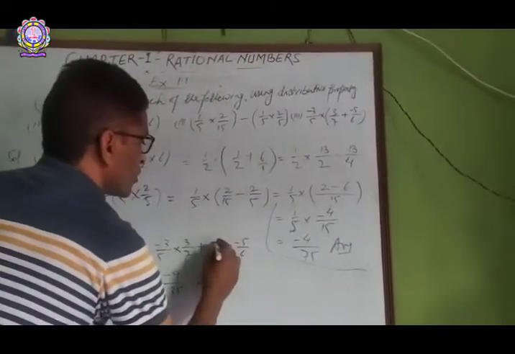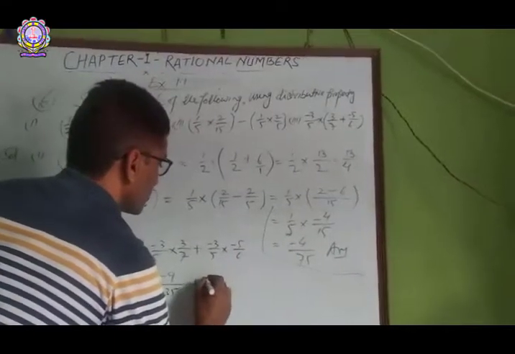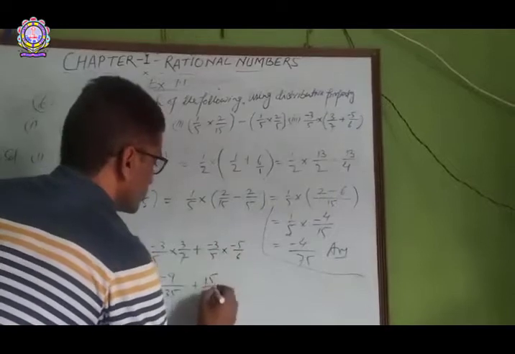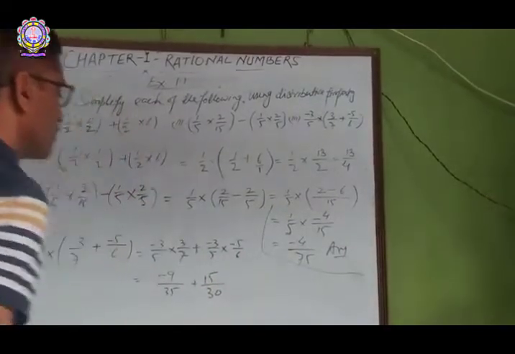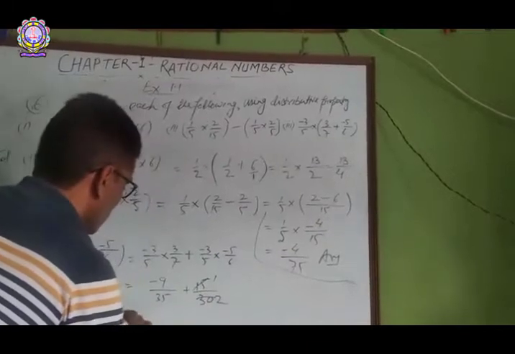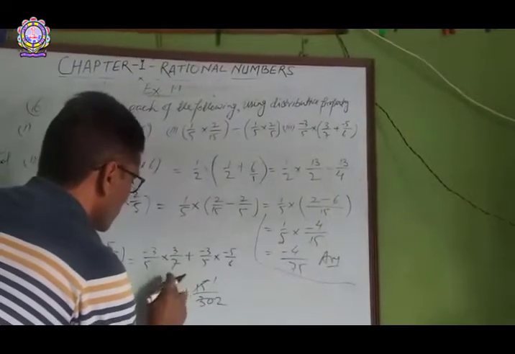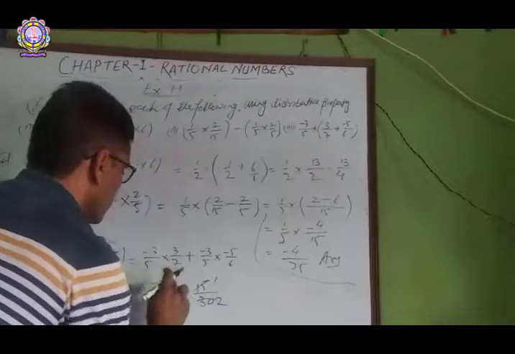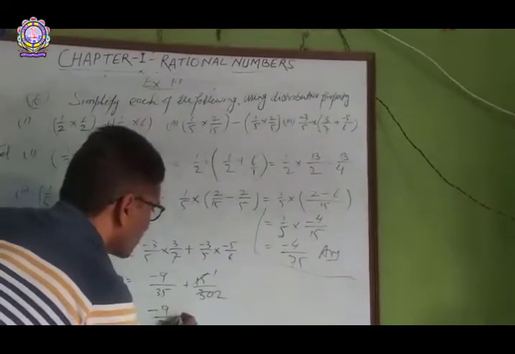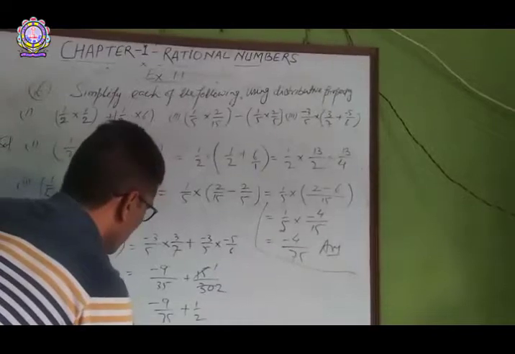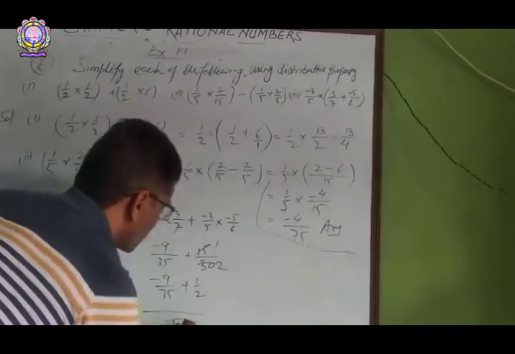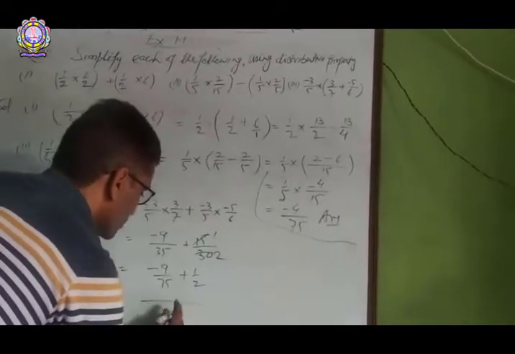plus 15 upon 30. 15 1 is 15, 15 2 is 30. Minus 9 upon 35 plus 1 upon 2. This will be equal to, 35 is the LCM. This is 35